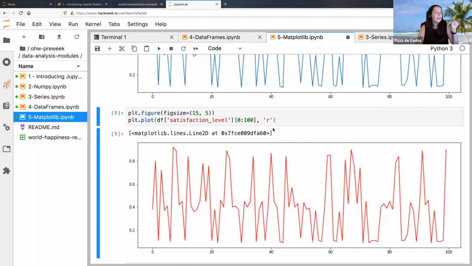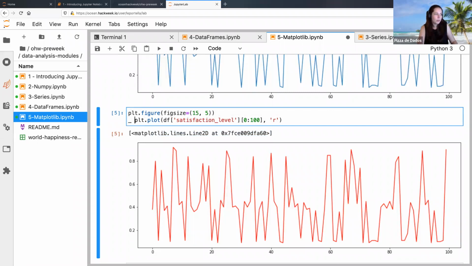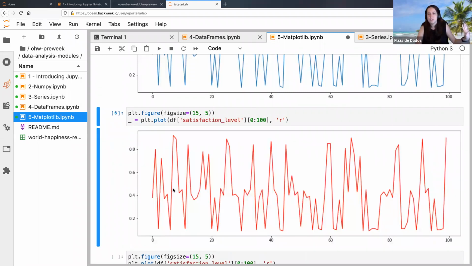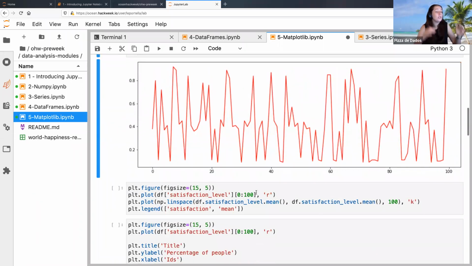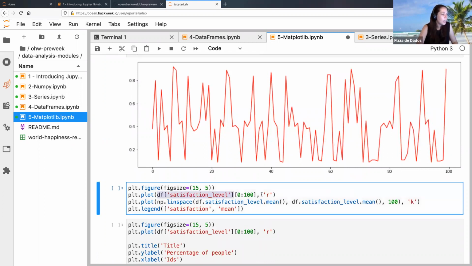One thing is that I get really annoyed by this text that it prints here. What I do is assign it to a random variable and it just disappears, but that is just my OCD. We can also plot two things in a row by just calling plot twice. In this case, I'm taking the series, I wanted to plot the first 100 values with the color red, but I'm also asking it to plot